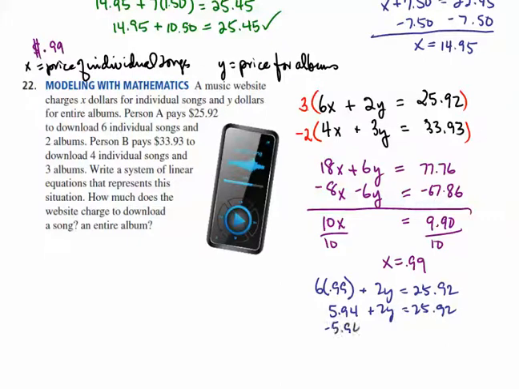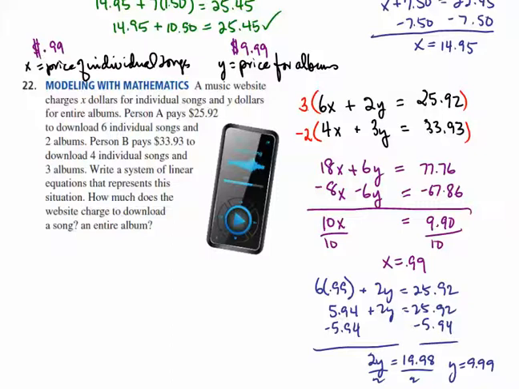Subtracting 5.94 on both sides is going to leave 2y is equal to $19.98. Dividing by 2, we get y is equal to $9.99. So that is the cost of an album,